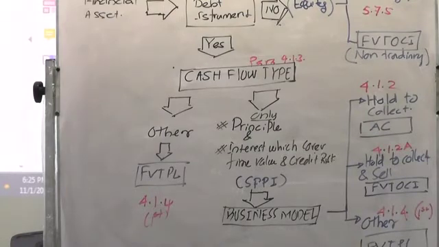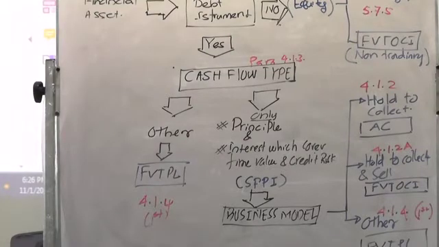Another example. A company gives a loan to another company at an interest rate capped on LIBOR or SLIBOR, right. That means the interest covers the time value of money, because they are using a market interest rate, so it satisfies SPPI. I will take an example not satisfying SPPI. I will give you a loan, right. I will charge interest on the gold price or the gem price or any other commodity price. My interest will be decided by the commodity price.